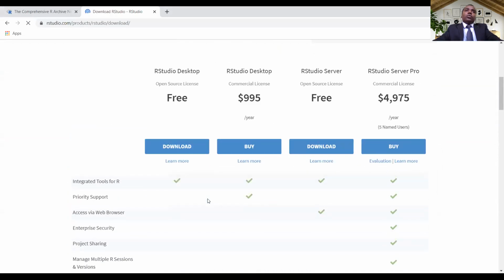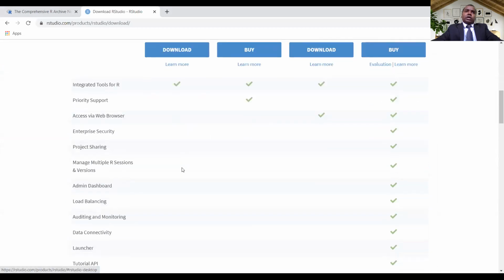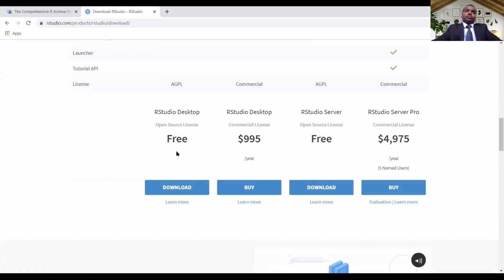Here we can see RStudio Desktop and RStudio Server. These are two free tools, and we will be installing RStudio Desktop only. You can check here, it is an open source license. You just click download, and once your download is completed, install it as you install any normal software on your laptop.